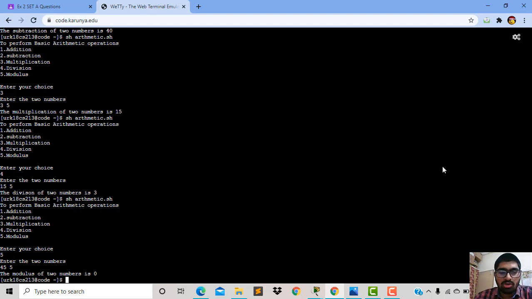That is how to perform the basic arithmetic operations, how to create a shell script, how to perform the operations in each case, and how the user enters a choice of addition, subtraction, multiplication, division and modulus. We also have seen that to store the variable, the dollar sign is helpful, and to print the output as the result. In a program we use the printf function, and in Linux we use the echo command, which gives input and output as well.